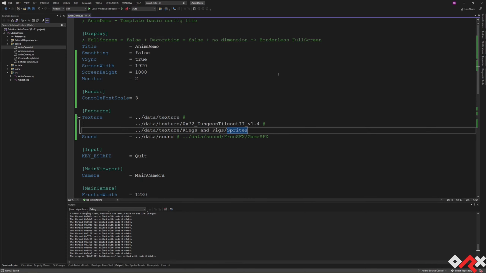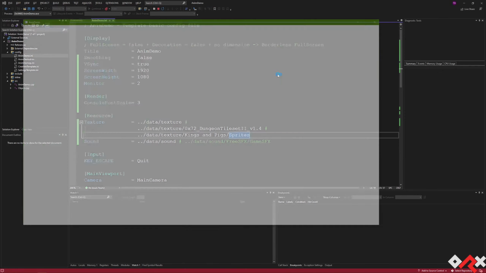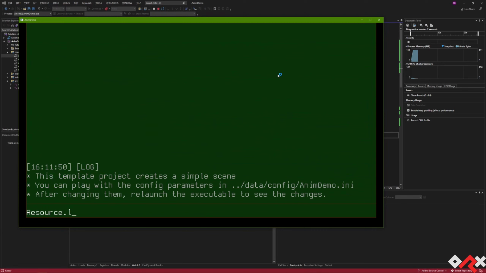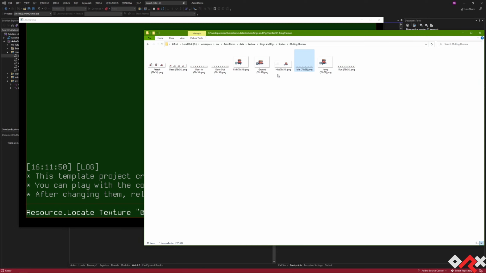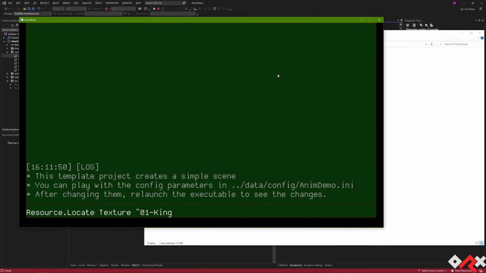So 01 dash King Human. Resource, locate, texture, 01, oops, there are spaces, I believe. 01, how was it called? 01, no space, dash, king, human, name of the texture, oops, wrong key,